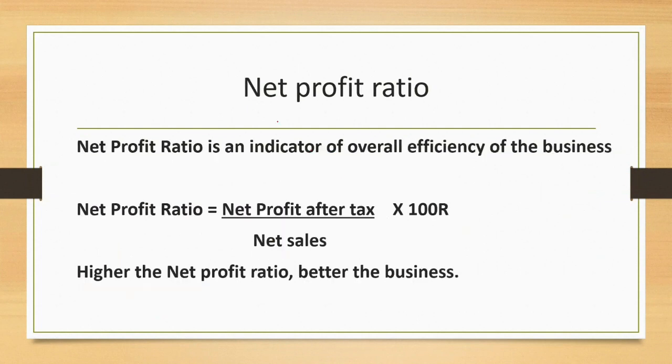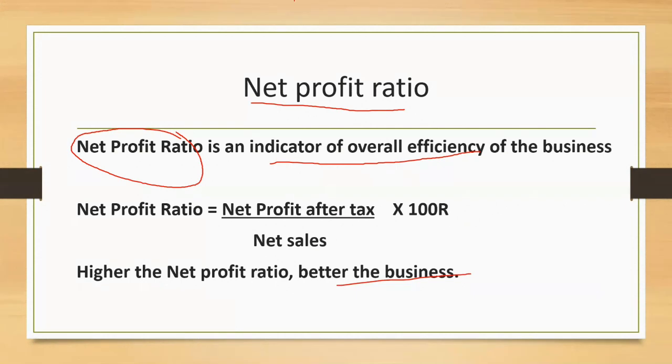And the next ratio which we are going to learn is net profit ratio, and this is a very simple ratio. It indicates the overall efficiency of the business. From this ratio, net profit is measured, that is how much net amount or net profit the firm is earning. So the formula for this is net profit after tax divided by net sales into 100, and the higher the ratio, the better it is for the firm. So I hope the basic idea about both these ratios is clear. So let us move to the textbook questions or textbook sums of this topic.